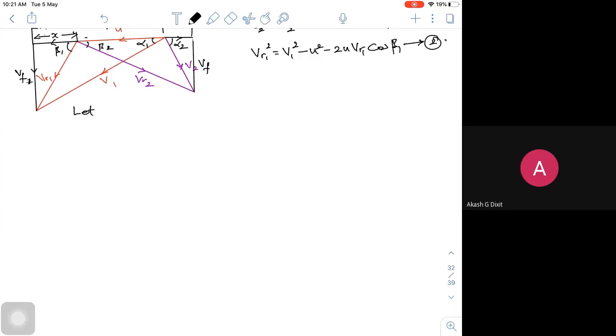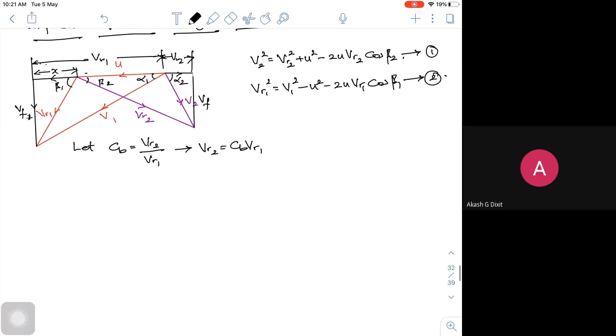Now, if I take equation 1, let CB, which is the ratio, be equal to the ratio of VR2 by VR1, or I can write VR2 is equal to CB into VR1. So I will substitute for VR2 in equation 1, by substituting this CB into VR1. Therefore, equation 1 becomes